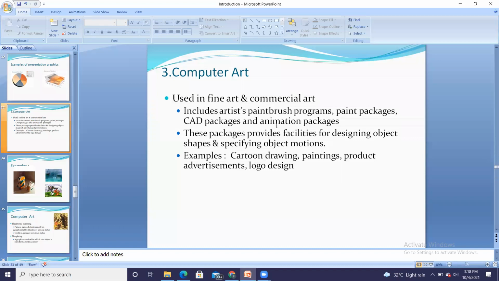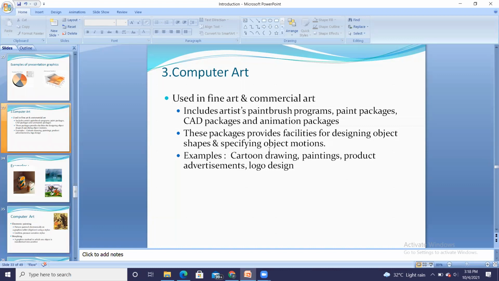Here we can represent the picture. These packages provide facilities for designing the object shape and specifying the object motions. So we can have different shapes, and after that we can introduce movement in that object as well.